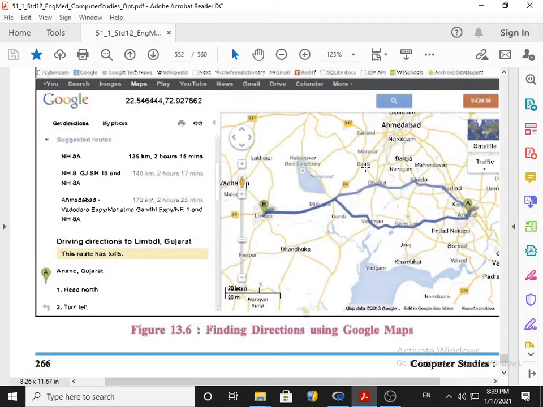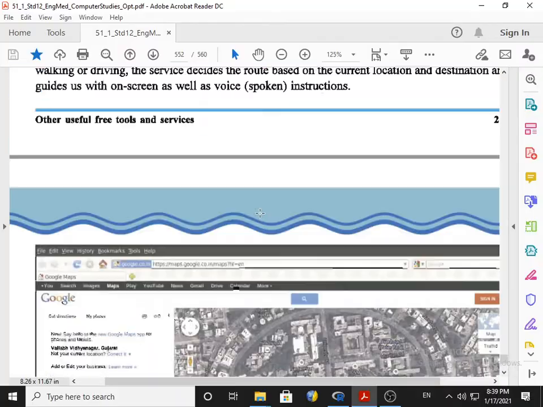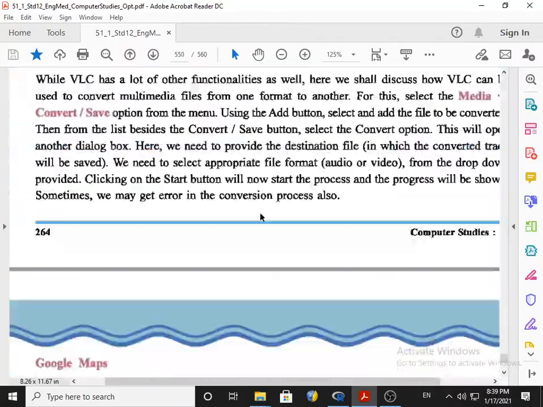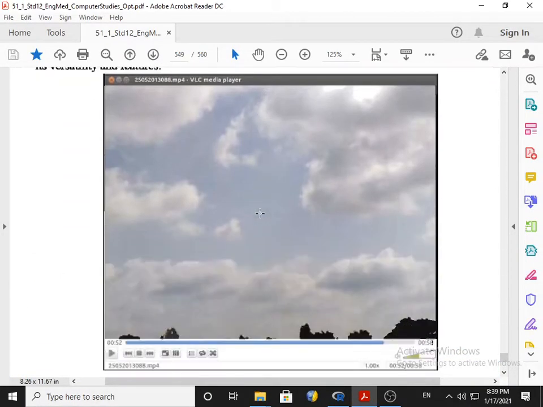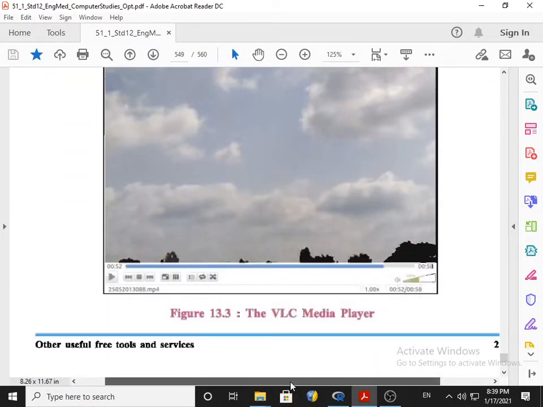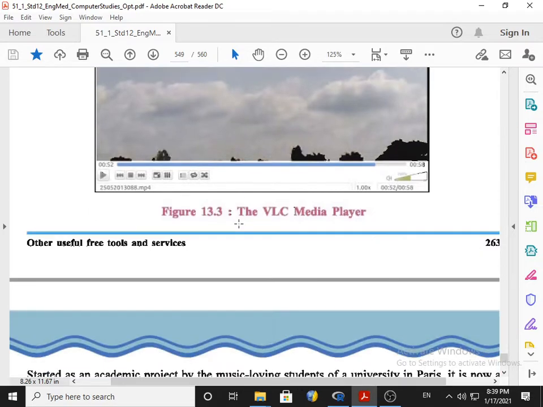In last lecture we were discussing standard 12 computer subject, chapter number 13, other useful free tools and software. For our academic year the topics include VLC media player, that is available on page number 263.